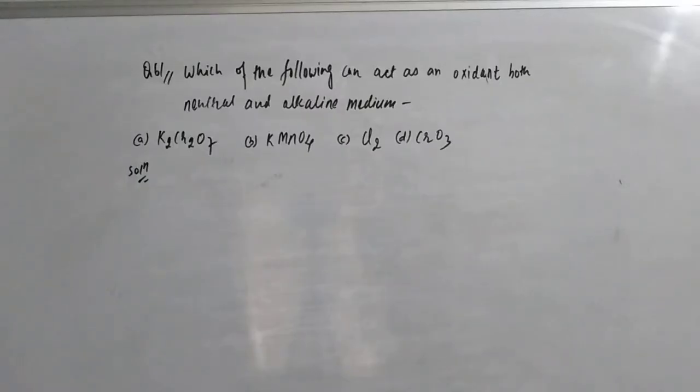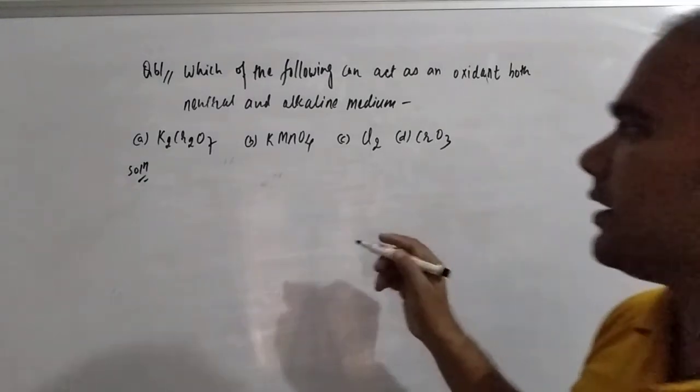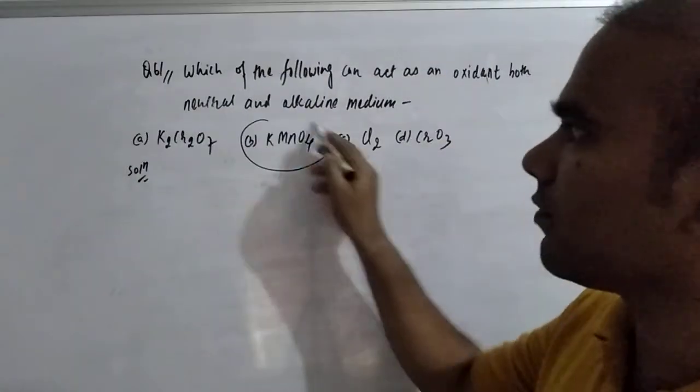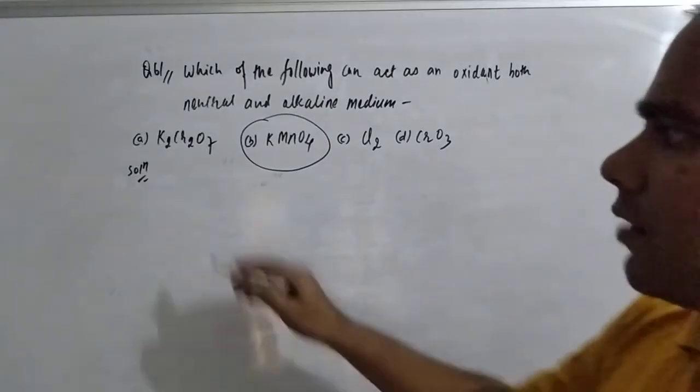Now let us see problem number 61, students. This is also an easy problem, but it is an important problem. Which of the following can act as an oxidant? When you are talking about what can act as an oxidant, the correct answer is option B. Why is B the correct option, student? Because